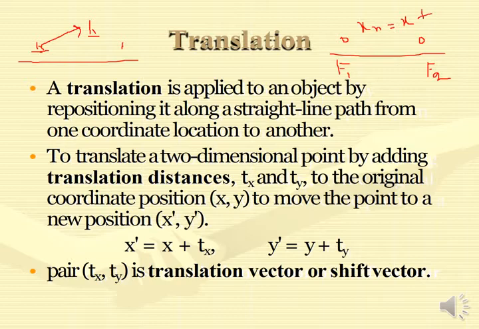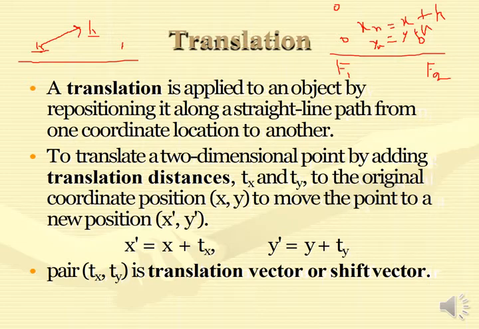And if it moves along the y-axis, then it is going to be the same: yn equals y plus h. So that is how it is going to work. And if it is moving along like this, let's say the shape of the object has not changed, we have just changed the position of the object. In that case, we can use these two equations, this one and this one.